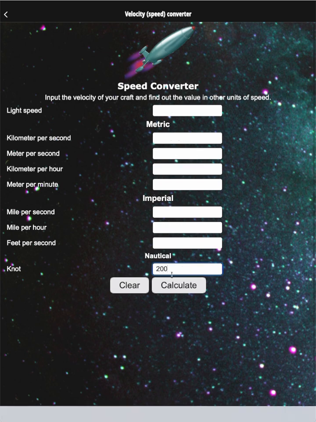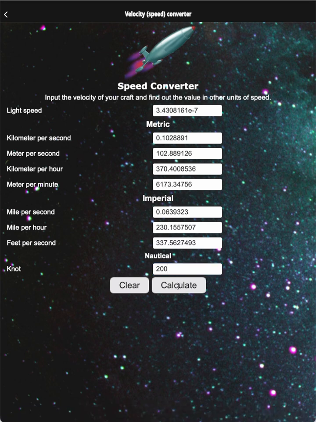It's trying to do the keyboard on the Mac and is not successful at bringing up the on-screen keyboard. So there we go, at 200 knots. These are the kind of figures that we get. So these are useful in case